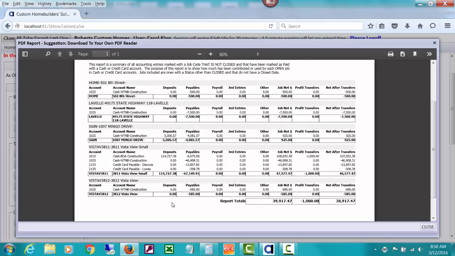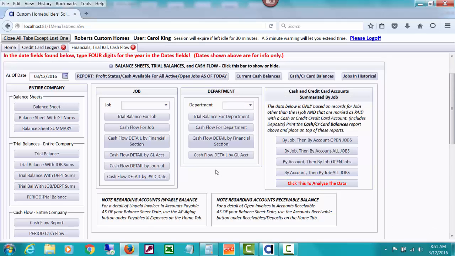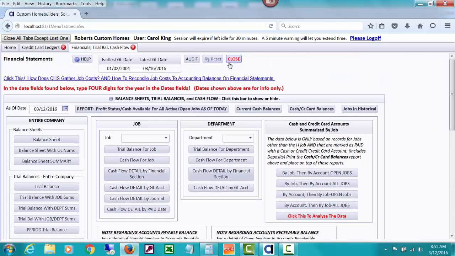There's been no deposits, or so has this one pulled some cash out of our construction checking account that may have been contributed by this job. So that, in other words, you're at a point here where you should get some money from them or some down payment for this particular job. But here's our demo job again, showing the same thing I was showing you on that worksheet. That worksheet allows you to drill down to the detail behind these numbers. So CHS is very active, like I said, in tracking cash by job, including bills that are marked as paid